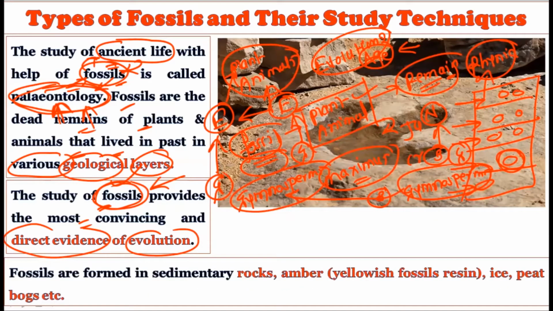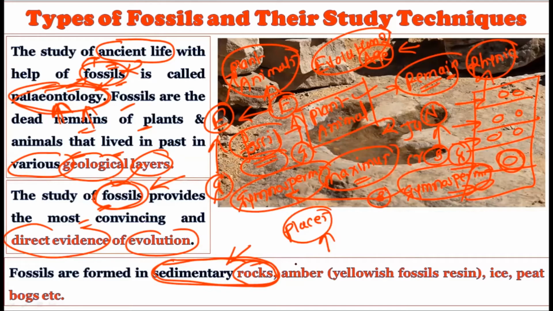Okay, now see, fossils are formed in the sedimentary rocks. What are the places where these fossils get formed? They can form anywhere on Mother Earth actually, but the sedimentary rocks are the most potent places where they always get formed. Okay, the majority of sedimentary rock possesses the raw fossils of the ancient life.